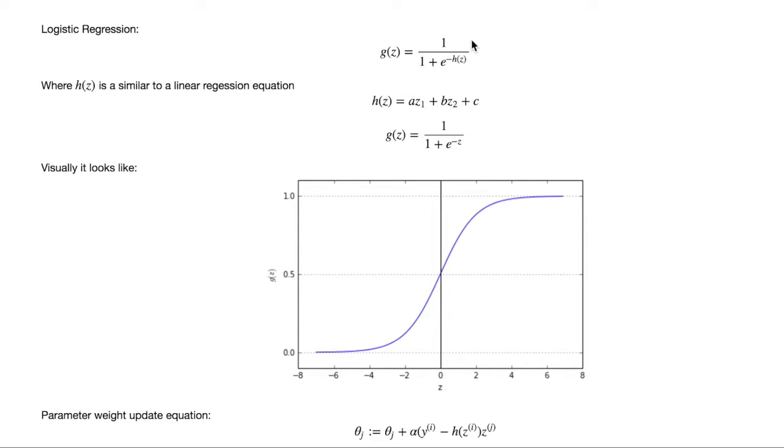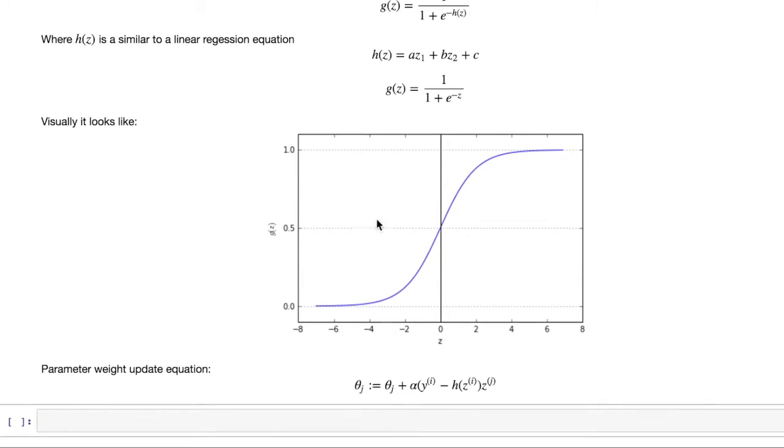So now that we have an idea of what the logistic regression equation looks like and the idea behind it, the next thing that comes to mind is how we will learn the parameters a, b and c in the function z. A way we can do this is by maximizing the likelihood that the sample will belong to a given class. Solving for this, we'll get the following weight update equation